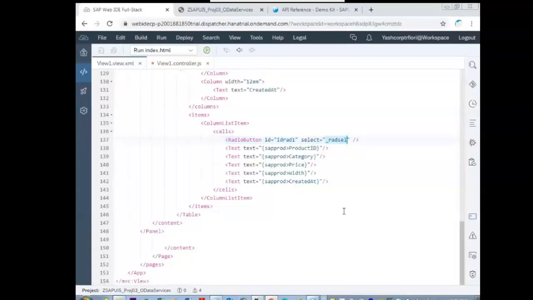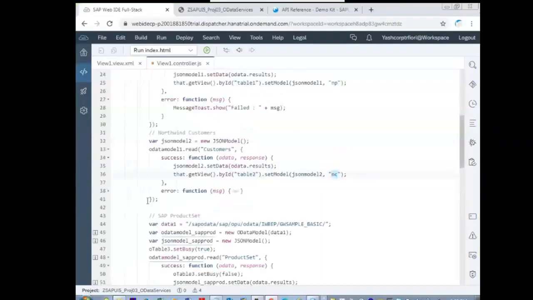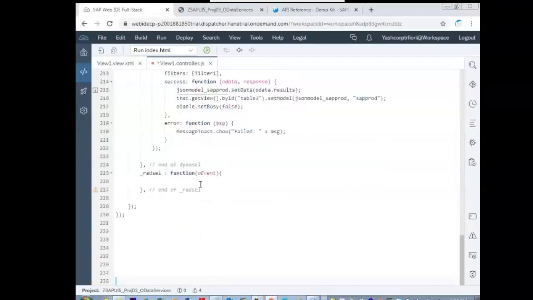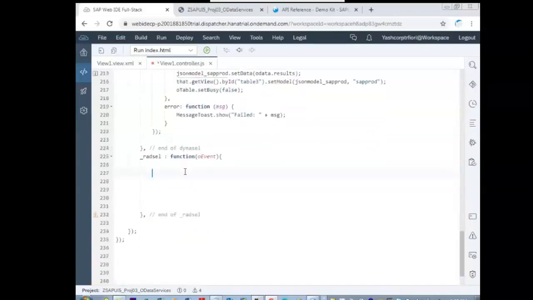Copy that function, go to the controller, and start writing that function: oEvent, underscore rad cell colon function.